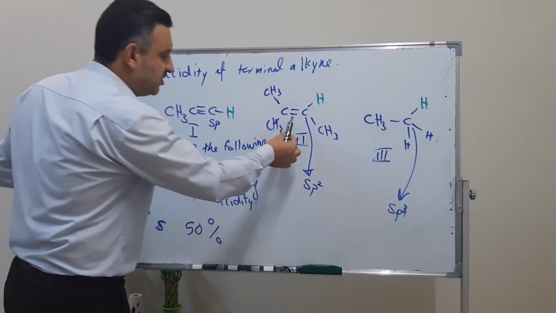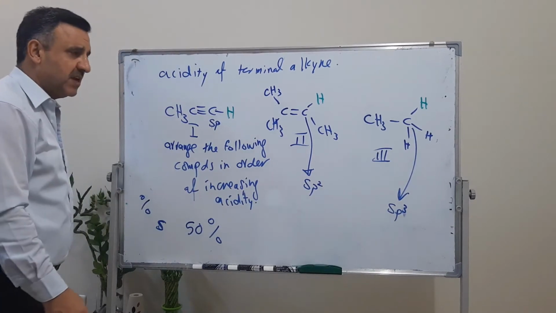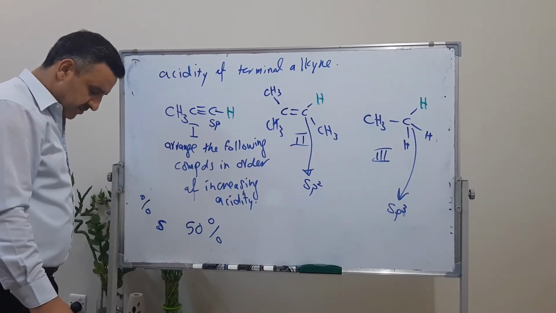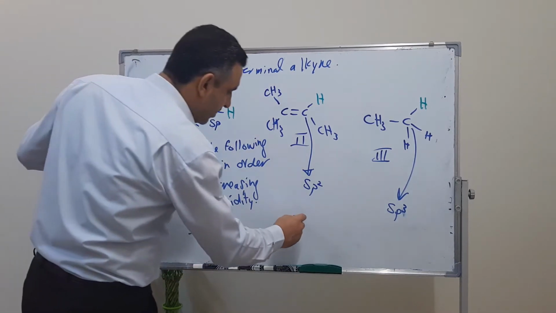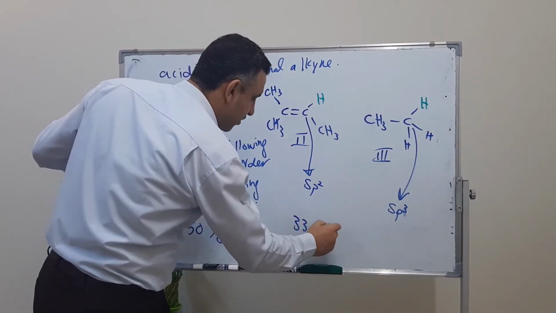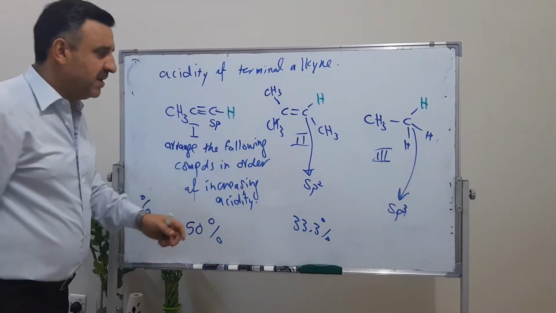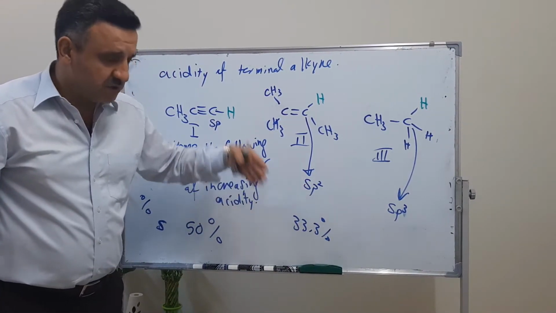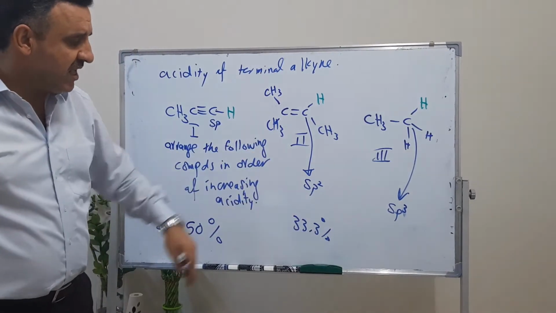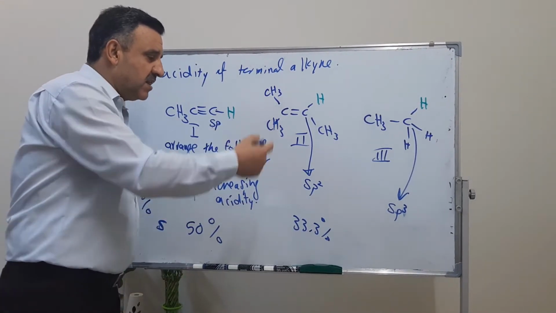What's the percentage of the s in the sp2 hybridized orbital? Approximately 33.3, which is 1/3, because we have 1 s orbital over 3 orbitals, which means 1 over 3 times 100 is 33.3. And the last one will be